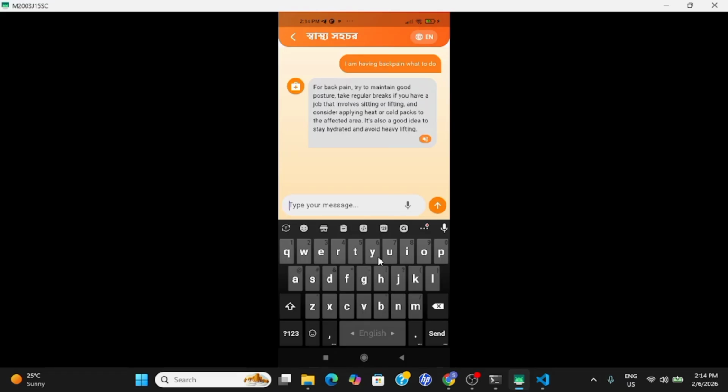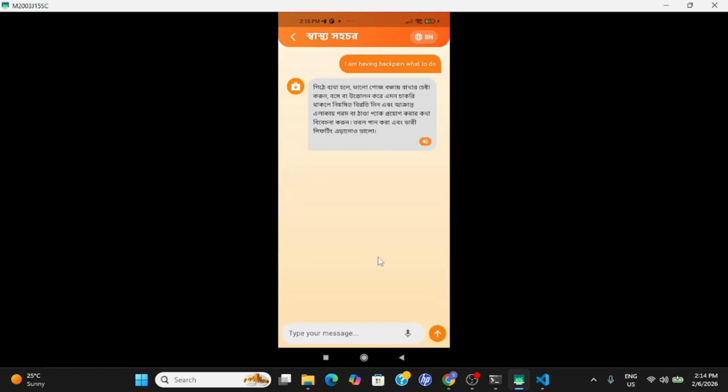Since most of our users are rural, we also have a voice enabled Bengali option. If I switch to Bengali, the reply will be switched into Bengali. And we can also hear the audio enable option. পিঠে ব্যথা হলে ভালো পোজ বজায় রাখার চেষ্টা করুন, বসে বা উত্তর। Since most of our targeted users are rural,